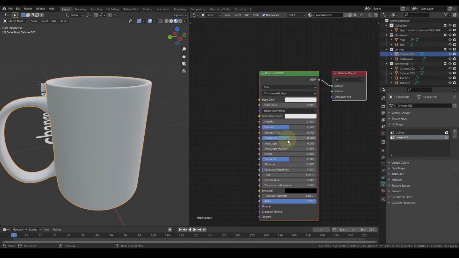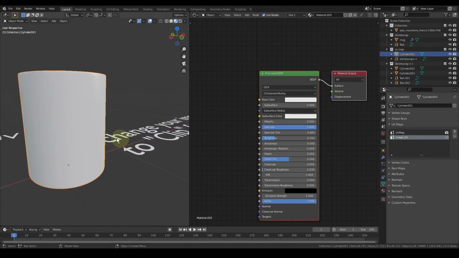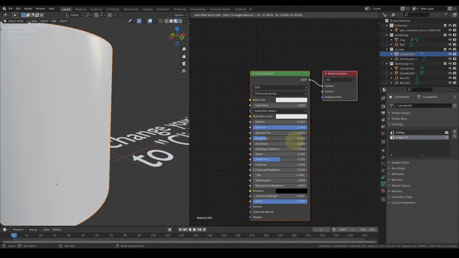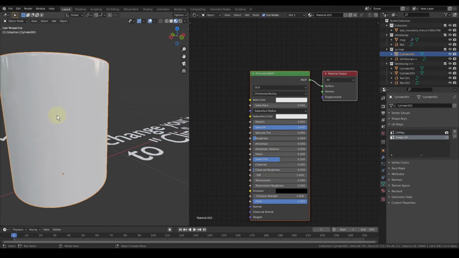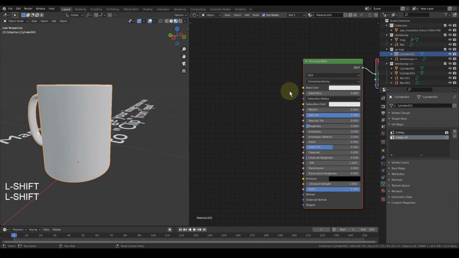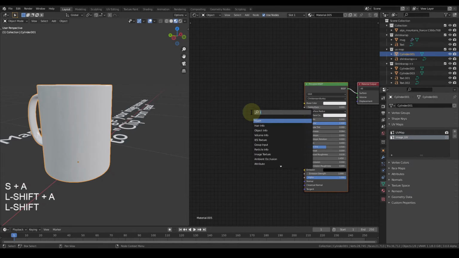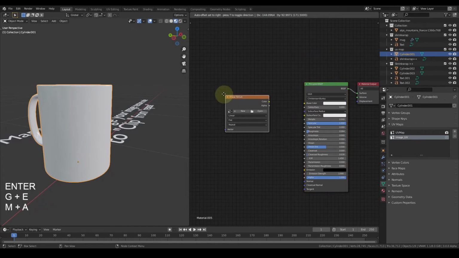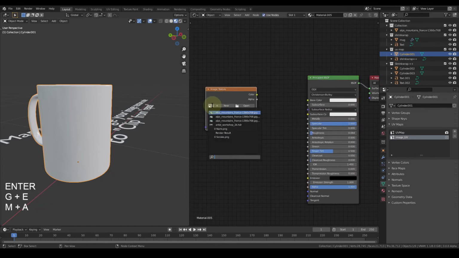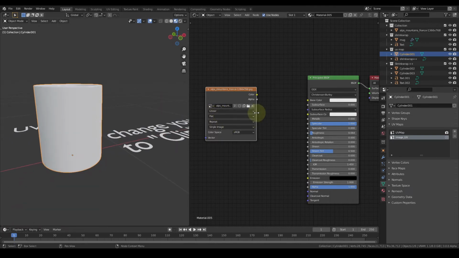What I'm going to do is reduce the roughness and increase the specularity, just like you said. Now I'm going to add an image texture, and I'm going to add the image. Okay, currently it is not doing anything because we have not plugged it in. So I'll plug it in.